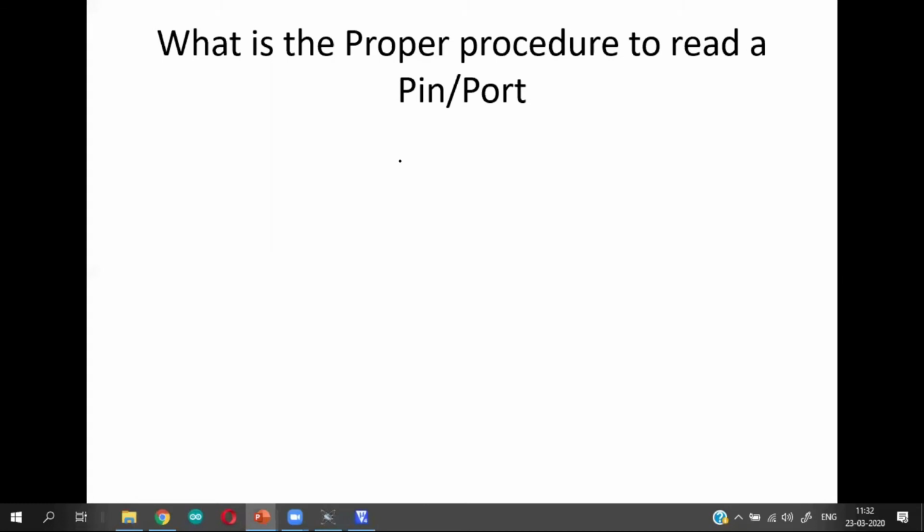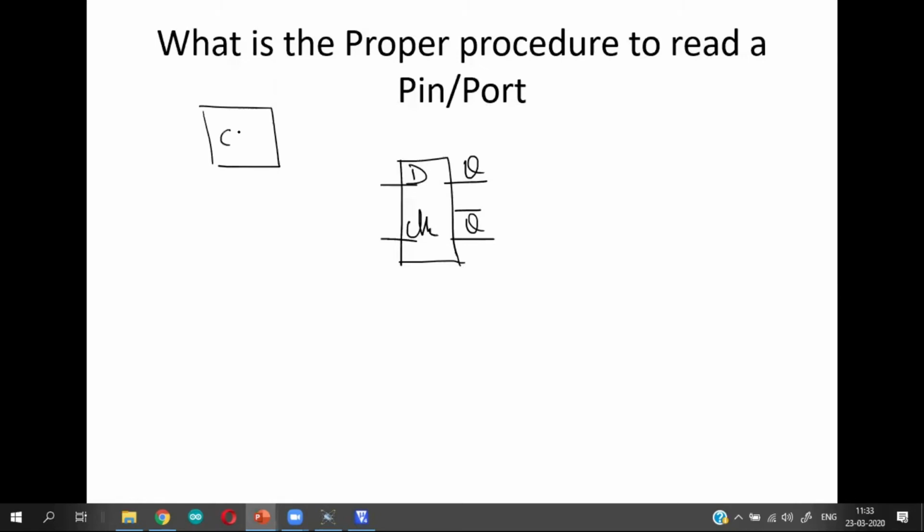So I have a D latch with a D input and a clock input, a Q output and a Q bar output. The CPU supplies the data to this D input. I am first talking about the outputs.